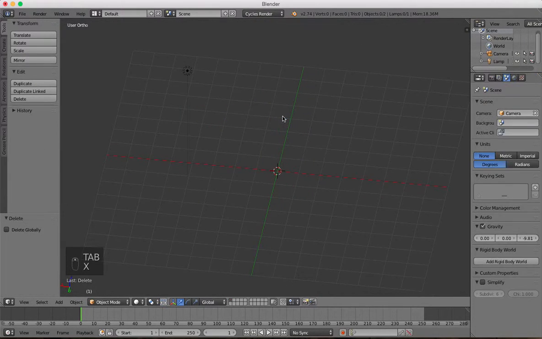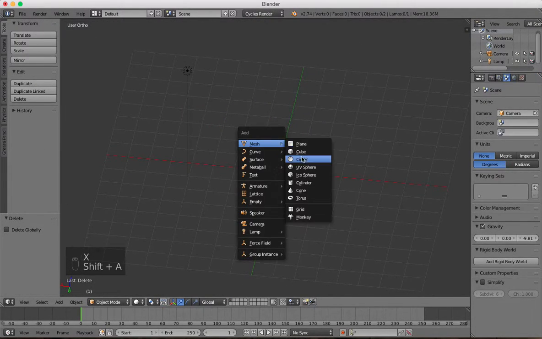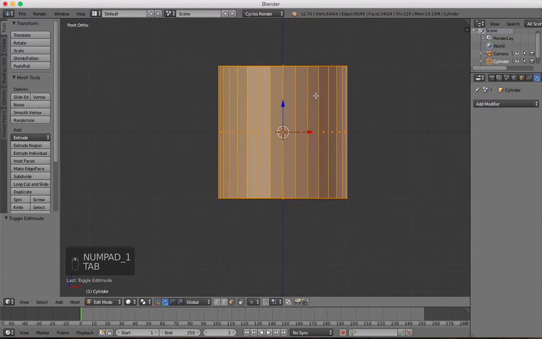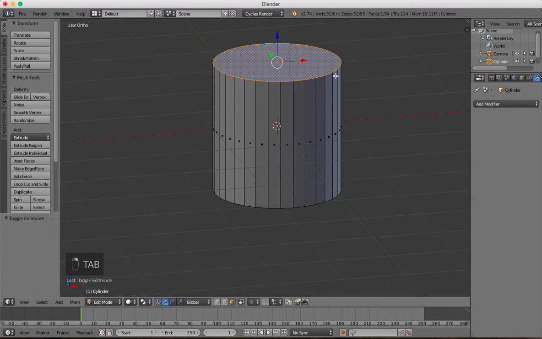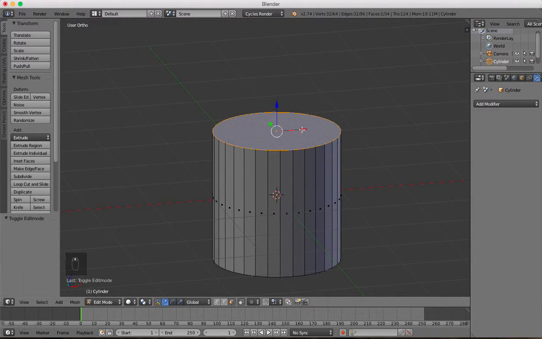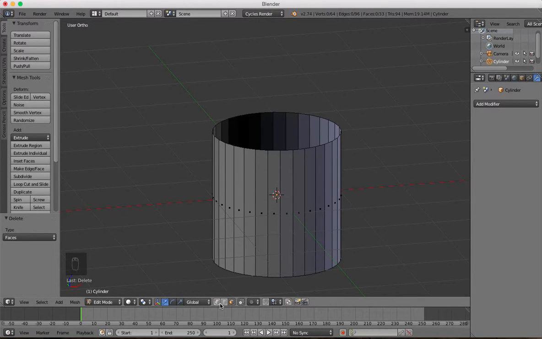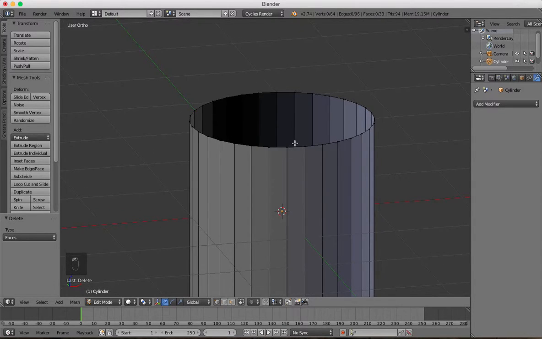So if we get rid of this, and we'll just put a cylinder in, we tab into edit mode, select that top face. In fact, we'll delete that face completely. So press X and delete the face. Come down here and select the vertex select, and press Alt and right click,